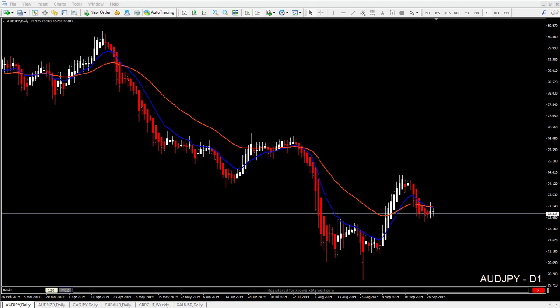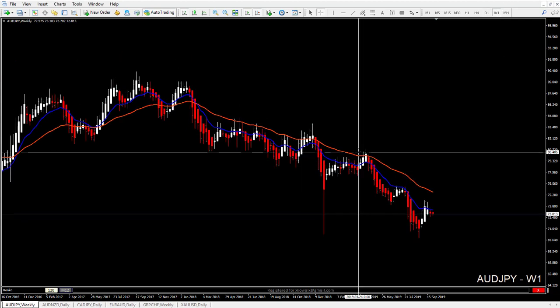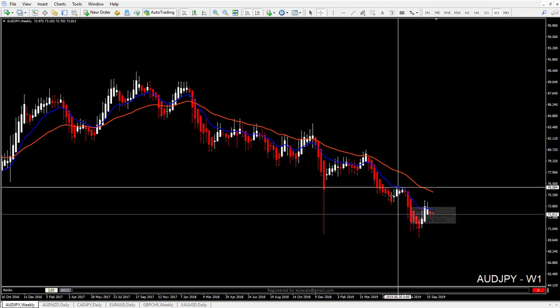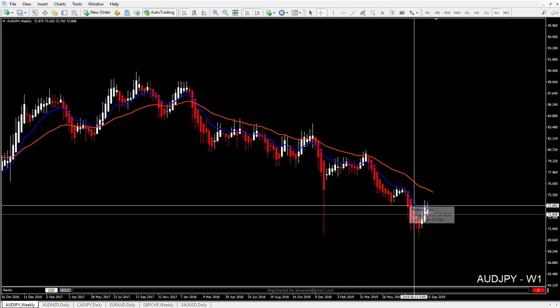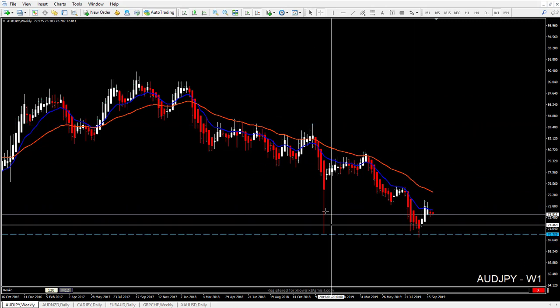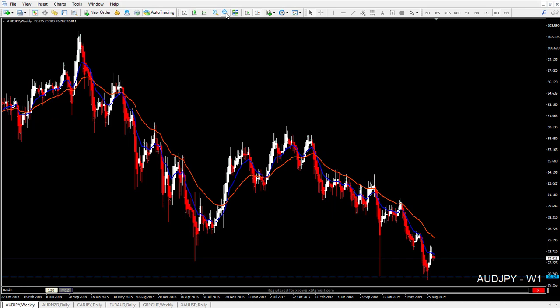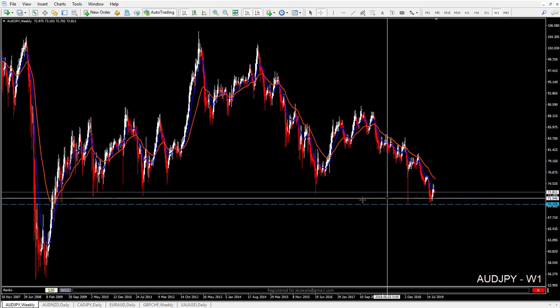First pair which I have on my watch list is Aussie Yen. If we take a look at the weekly chart, we still have a short trend. Price is making lower lows, lower highs, is bouncing on the 12 EMA and reached a support level. Yes, we see the spike. If we zoom out a little bit on our chart, we will see that this level is really a powerful support level